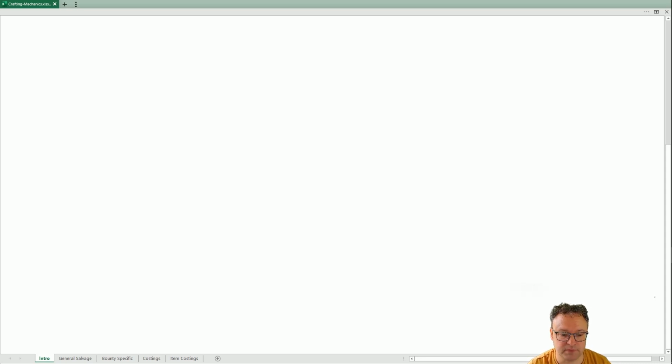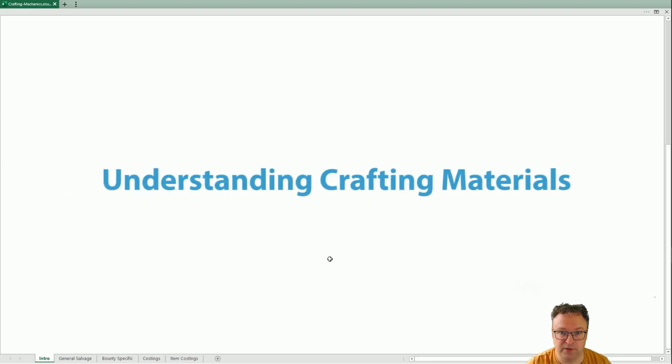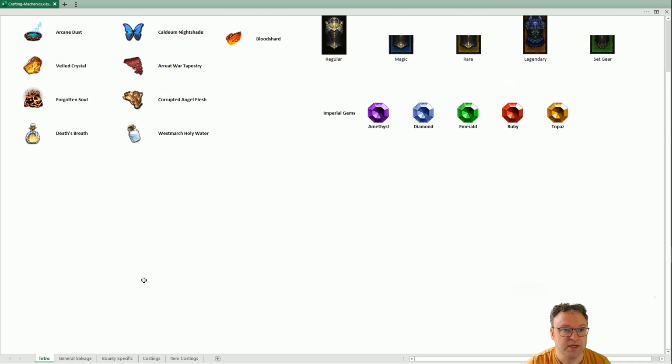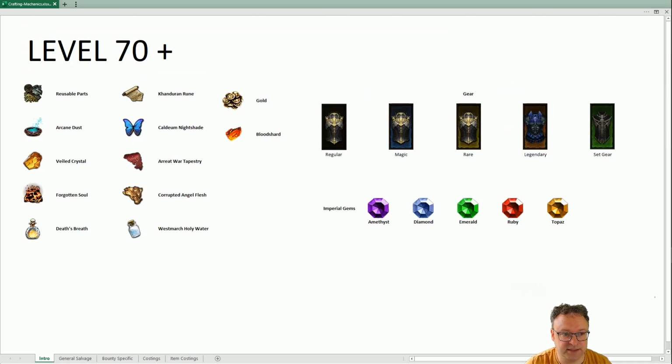materials, because that's what it's all about. You get the materials, you craft, that's how you get better gear. So this first video is all about an introduction to the actual materials that we're looking at and whether there's any tips and tricks concerning those. Subsequent parts of the video will look at efficient methods of actually farming and what builds are a good idea and what aren't. So first thing we're going to look at is when you get to level 70 plus,